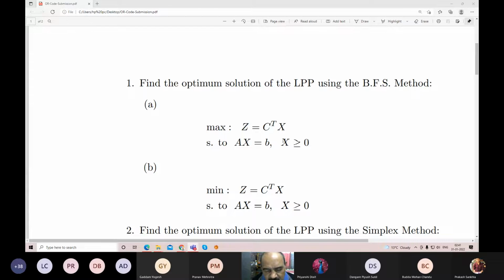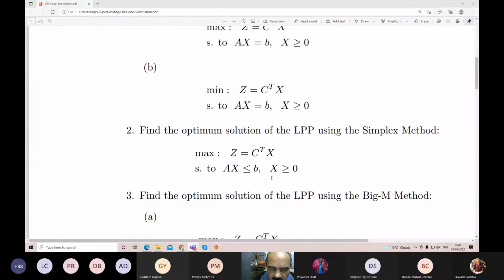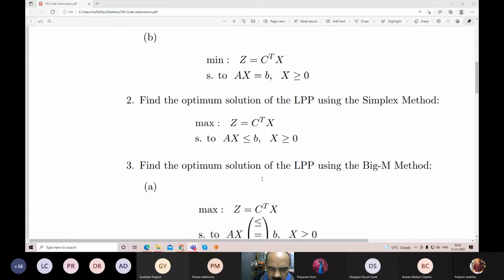So after slack, surplus, and artificial variables are added, this becomes an equation. No need to add extra variables again; it is already given as an equation. You start finding the basic feasible solutions and search for the minimum and maximum. The first problem, second problem. This is type 1, where inequations are there. Write a code using the simplex method for the maximization type problem. Okay. Number 2. Number 3,